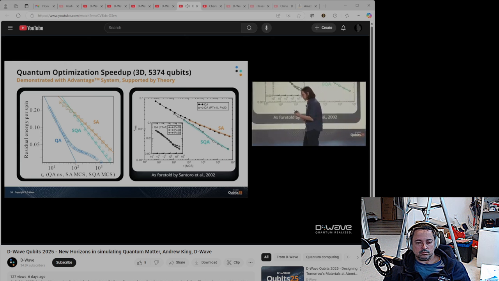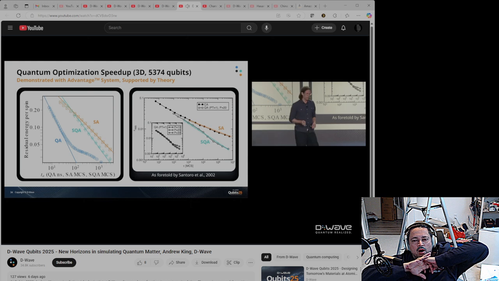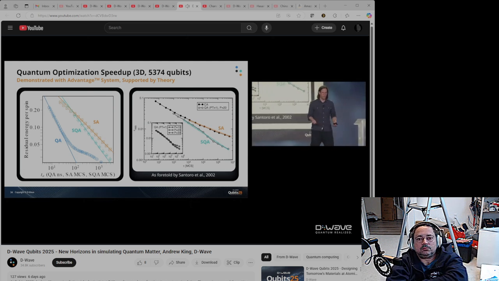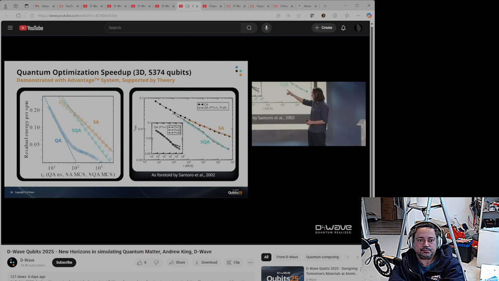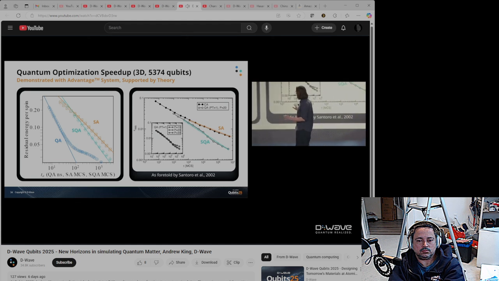Now, we don't just have experimental evidence that quantum annealing is faster than both simulated quantum annealing and thermal annealing, simulated annealing. We have theoretical evidence, and these theory lines are shown here. You can see that we're adhering very well to the theory line in quantum annealing. We're a little bit less steep, and then everything goes to hell around 100 nanoseconds. This is because we're decohering and we're getting thermal effects.